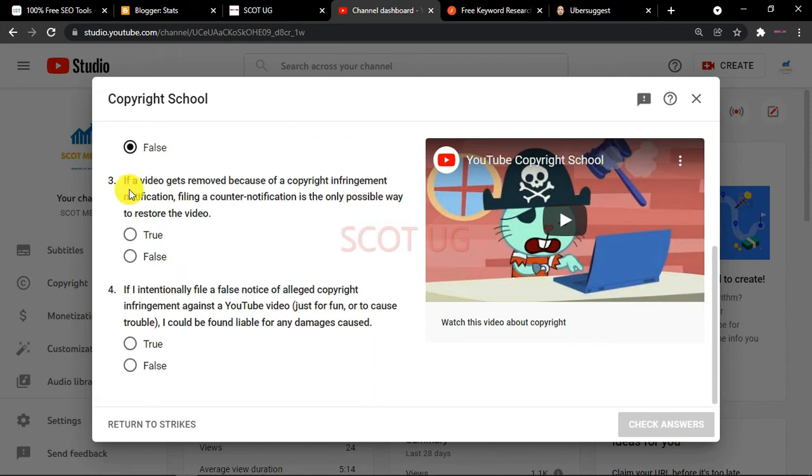Okay, now we also have a question here: if a video gets removed because of a copyright infringement notification, filing a counter notification is the only possible way to restore the video. That's not true.